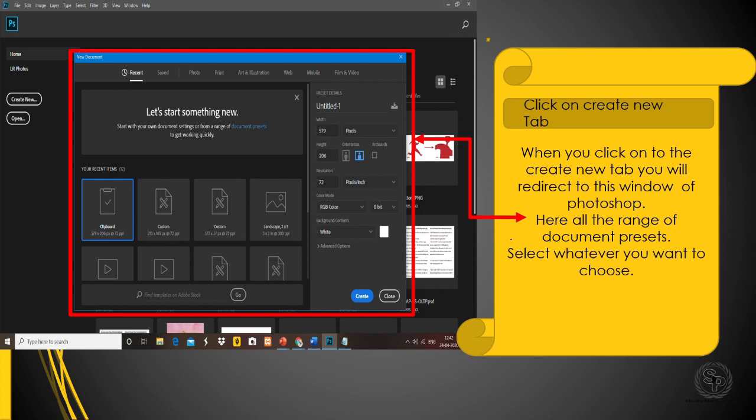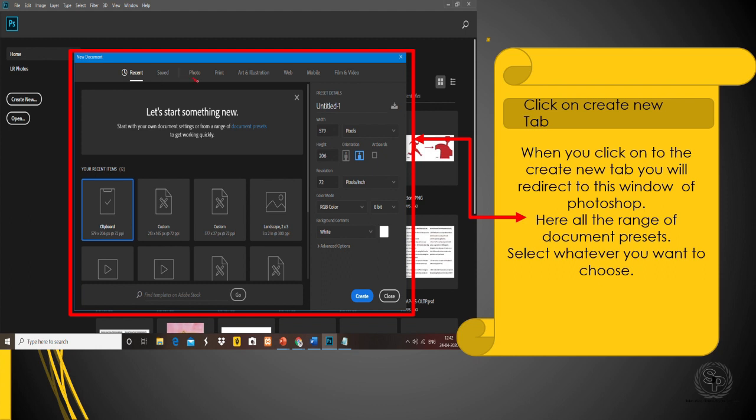Now, when you click onto create new, here are some recent blank document presets and some saved documents that are already saved.